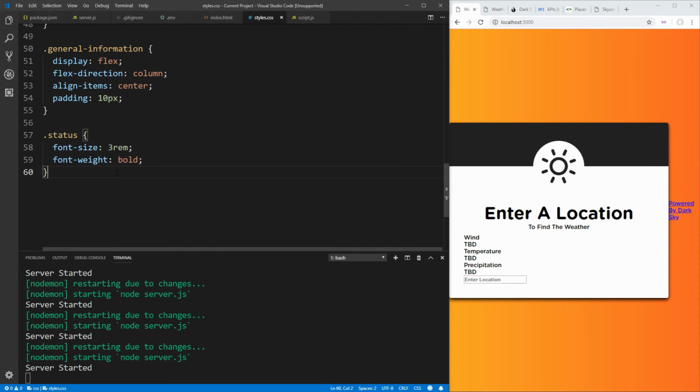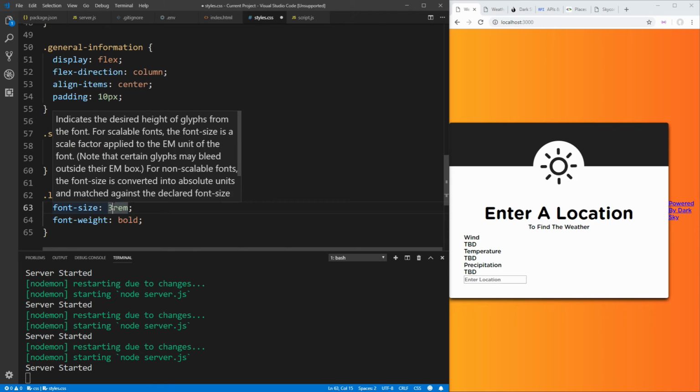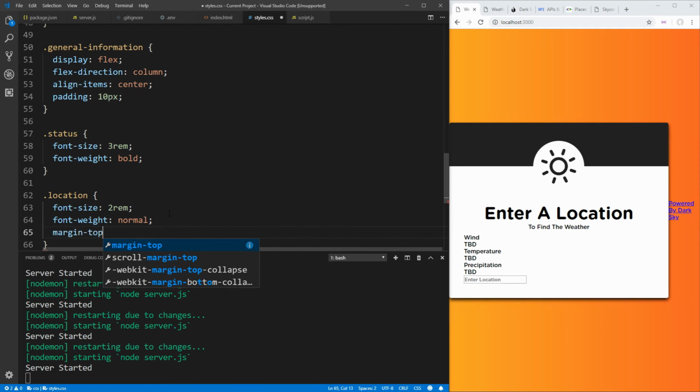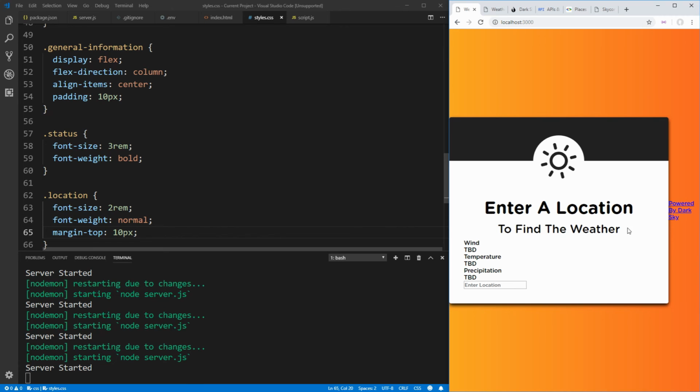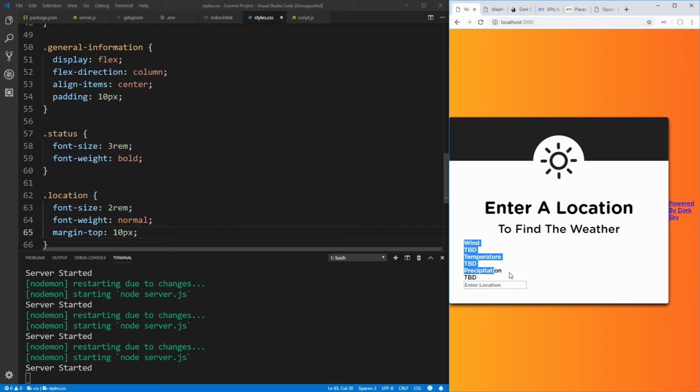We can do essentially the exact same thing, but this is going to be for our location instead. And our location is going to have a font size of 2 rem, a font weight of normal, and we also want a little bit of a margin on the top. So we'll say margin top of 10 pixels. Save that, refresh, and there we go. Our status section is exactly as we want it, and all we have left is these details sections and our